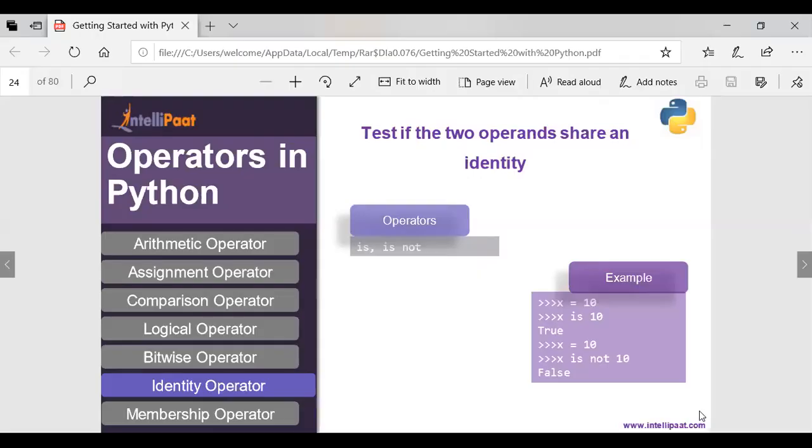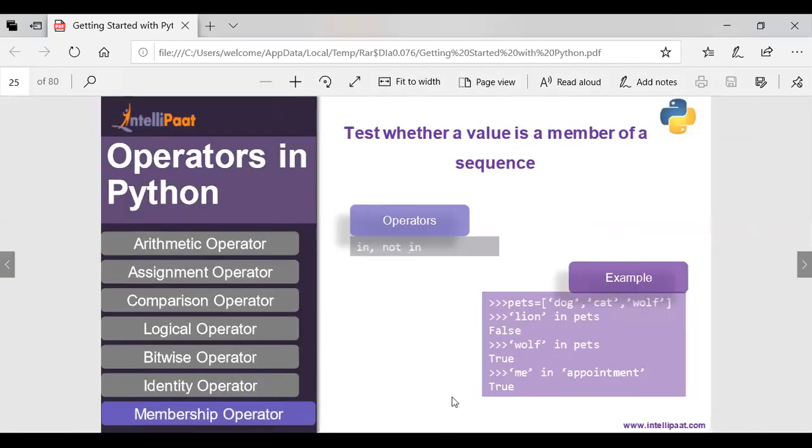Now our next operator is the membership operator. In this membership operator, we check whether a member is present in a list or not. Suppose a list of elements is 1, 2, 3, 4, 5, 6, 7, 8, 9, and 10. I am going to check if 8 is there in my list or not. If it is there, it will give true. If it is not, it will give false output. The membership operators are in and not in.